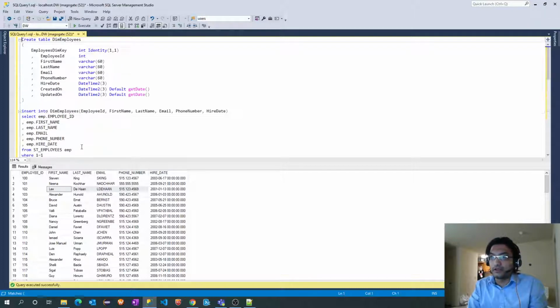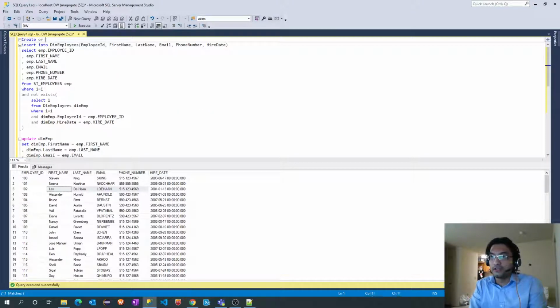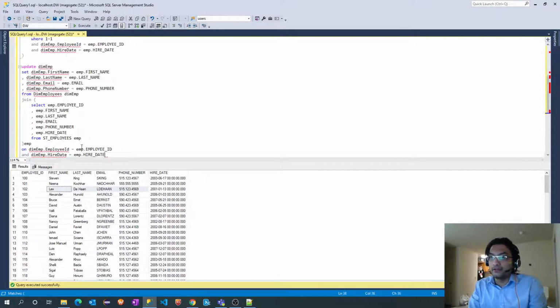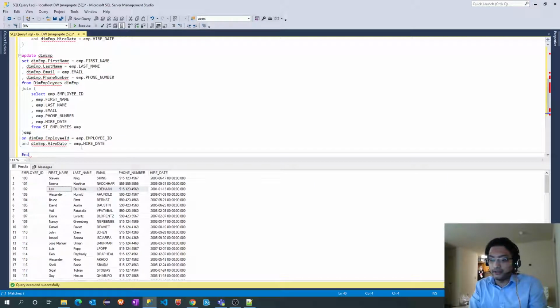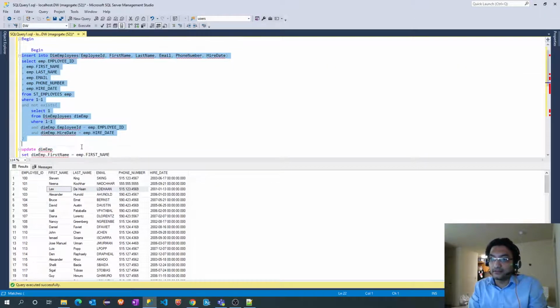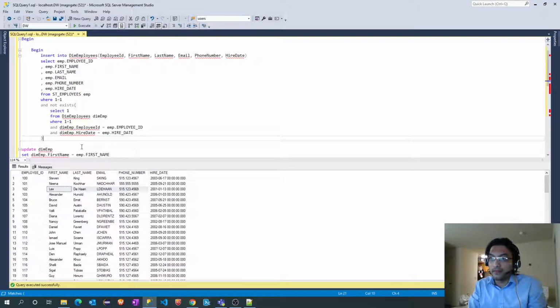All right, and I will create a stored procedure: create or alter procedure load dim emp as begin, and I will end it here. The individual insert statement as well I will write within begin and end, and I will just indent it.